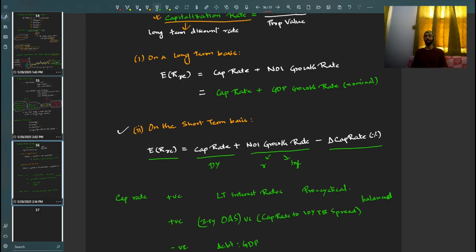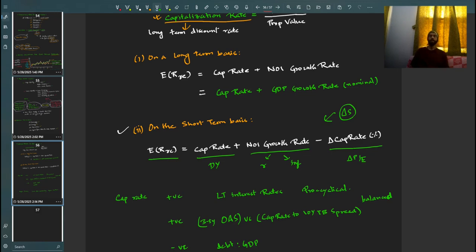And the change in cap rate is like the change in the PE. Obviously, there is no term for the change in the shareholding, right? There is no term for this, except that all other terms of the Grinold-Kroner model are equivalently present here. In the short term, this is the equation that holds when you are trying to measure the expected returns for